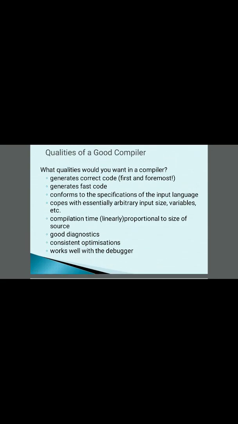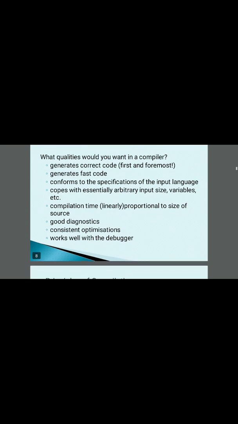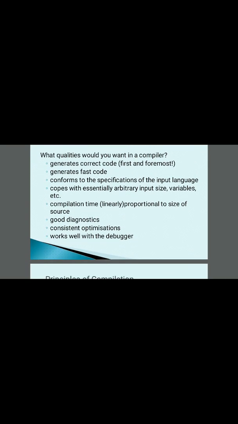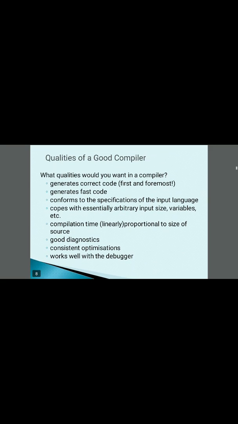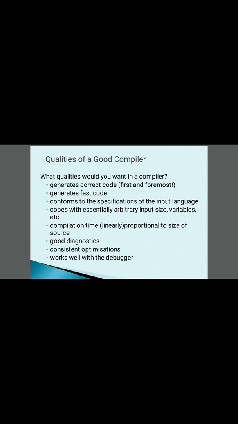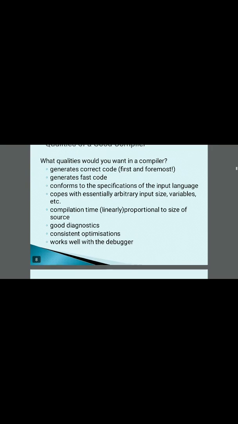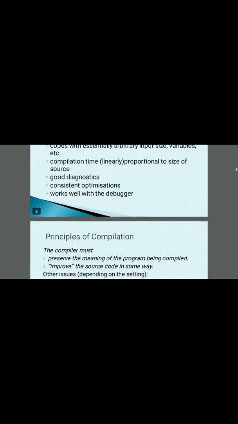It also has to do some optimization. It means that you might have written a program, and that program generally gets converted into an intermediate code, and it has to apply some techniques to reduce the size of the code. That is what we call optimizations. And if it comes with some debugging tool automatically, or else allows you to debug your code, then that is another good feature of your compiler.